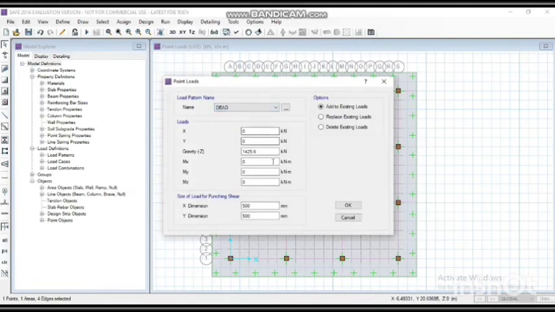Select dead load first and type the load as 5414.9 kilonewton and change the strip of load as 600 in x direction and 600 in y direction. Then click on OK.